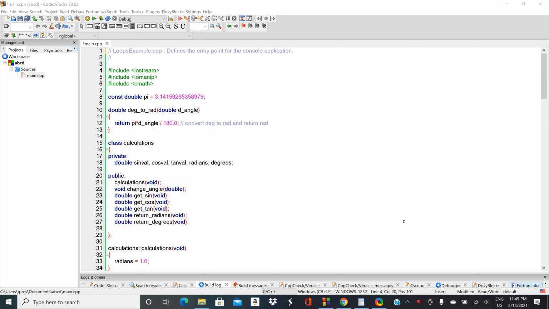This is the program loops example from your Canvas page. So this program is going to go through and show you an example of how to use a loop to create a data table, and then we'll also look at how to use a class to do the calculations, and then we'll deconstruct it a little bit and also look at how to change the class over to just using